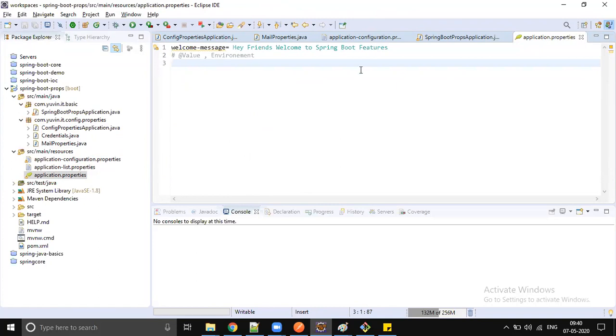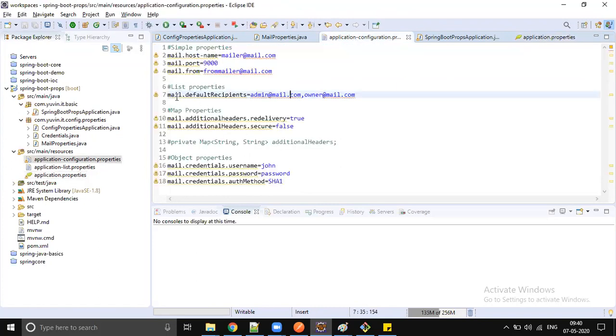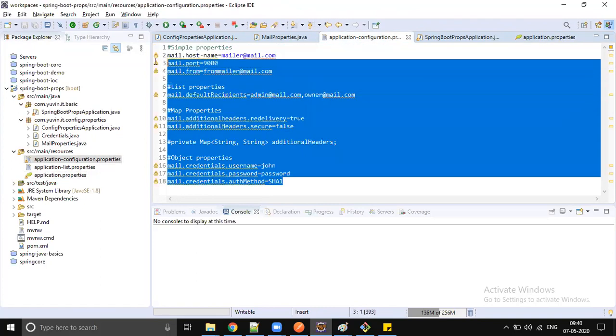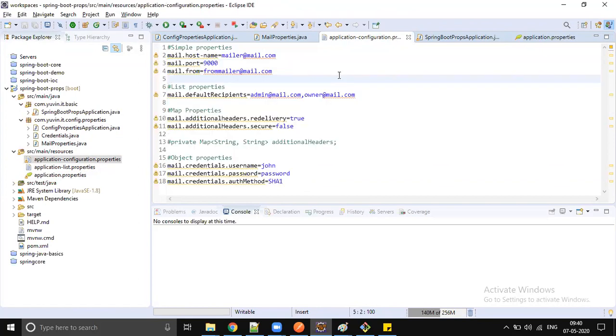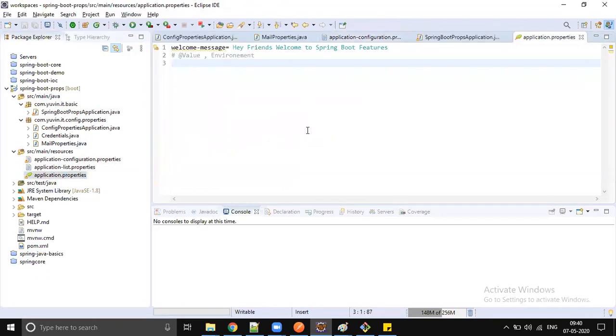Where we have a group, like email configuration, when you see grouping, then load them into a Java file annotated with at configuration properties, so that you can avoid so many at value and so many environment.getProperty calls in your code. But when the property is an individual property, instead of creating a Java file annotated with configuration properties, use at value or environment.